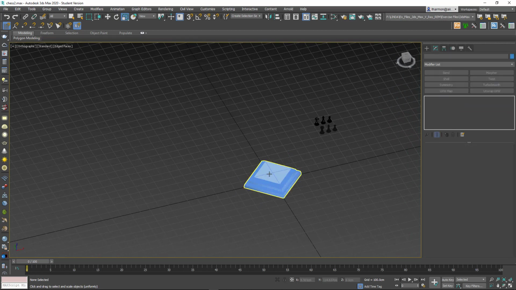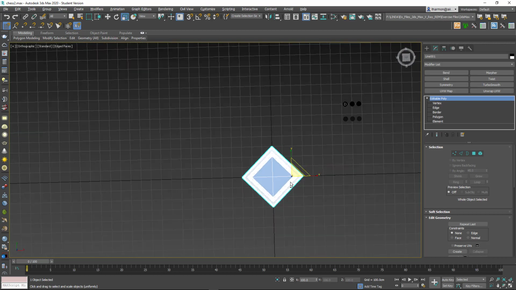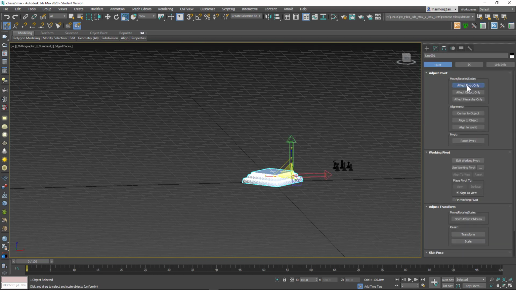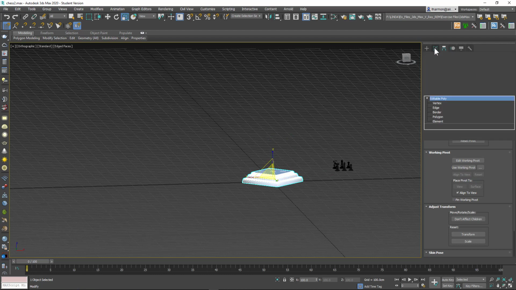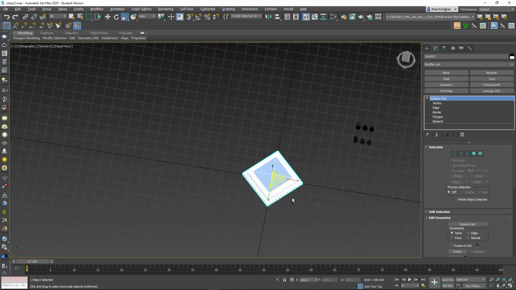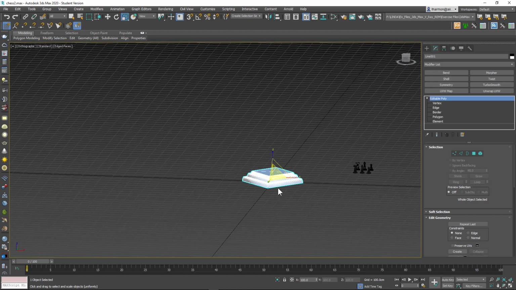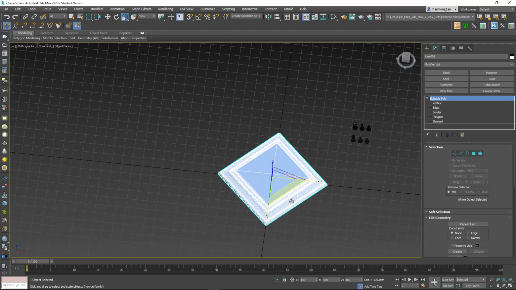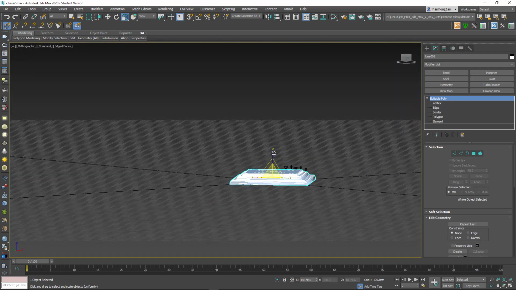as an object, not a... I'm going to move this first. See how the pivot point is over here left over from our line. I'm going to go to the Hierarchy tab, Affect Pivot Point, Center to Object, get out of that, and go back to my modifier. All right, and I want to make this bigger, but I only want it to be bigger in terms of its depth and width. So I'm going to pull it only on the X and Y so that it's not going to go up, right? So,